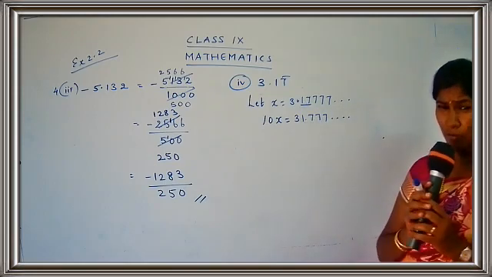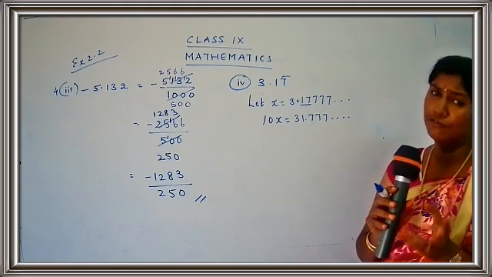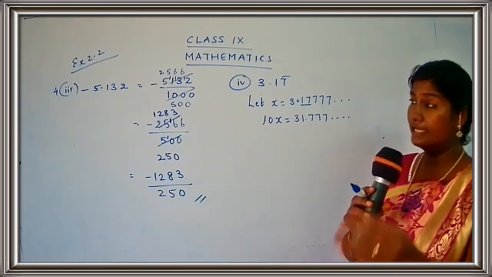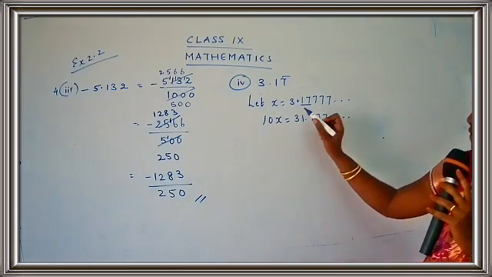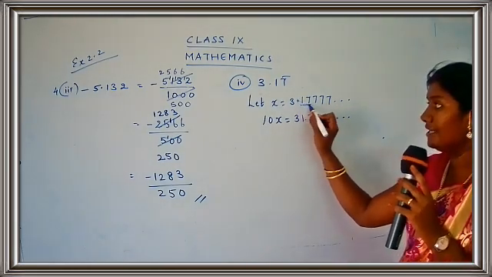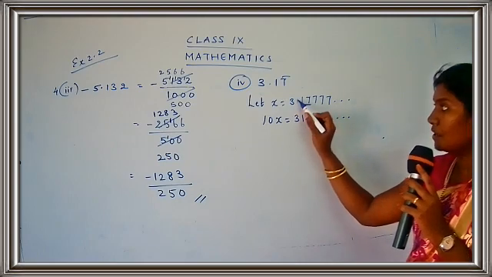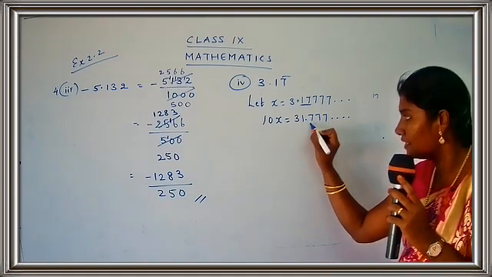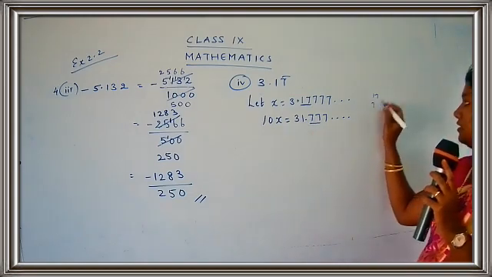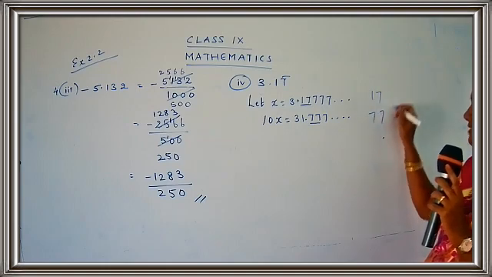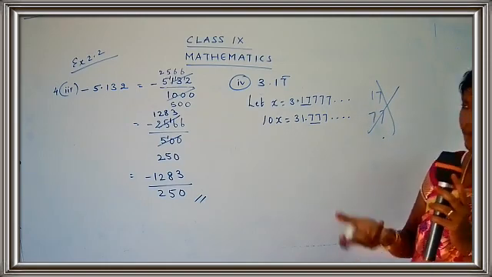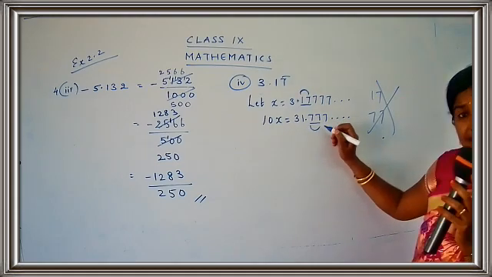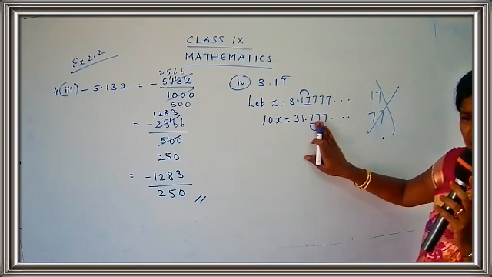31.77. Okay. Now, I have told you that we may have one step, two steps, or three steps. But let me see whether I have to go for the next step. So how to see that? Just look at the number after the decimal point. Okay, children, just see here. What is the number after the decimal point? It's 17. What is the number after the decimal point here, children? 77. So this is 17 and this is 77. So they are not the same. So the cancellation is not possible.